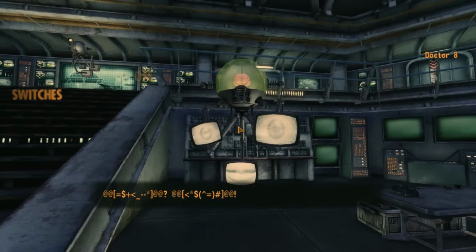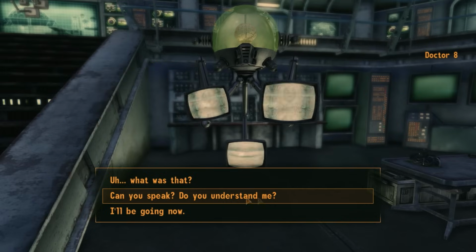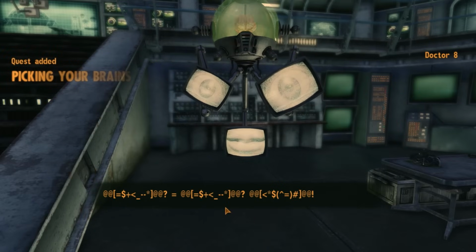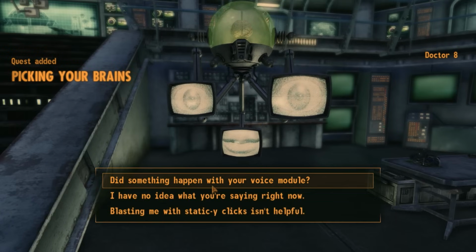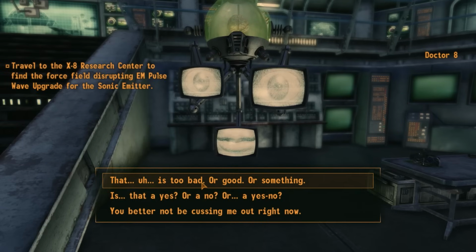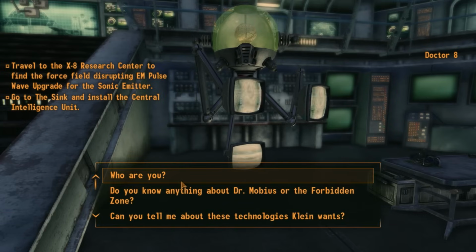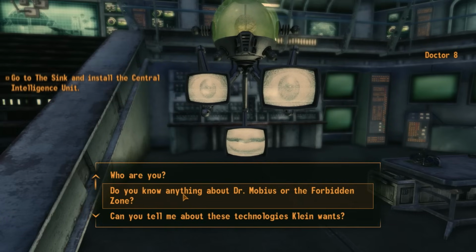Through Old World Blues, you're really never meant to understand what Dr. 8 is saying. I mean, there is the little quest where your character can actually piece together what he's saying, but you as a person never actually get to know what exactly he is saying. But luckily, in the script for the game, there actually was a couple notes next to some of his dialogue. So for instance, when he says this,